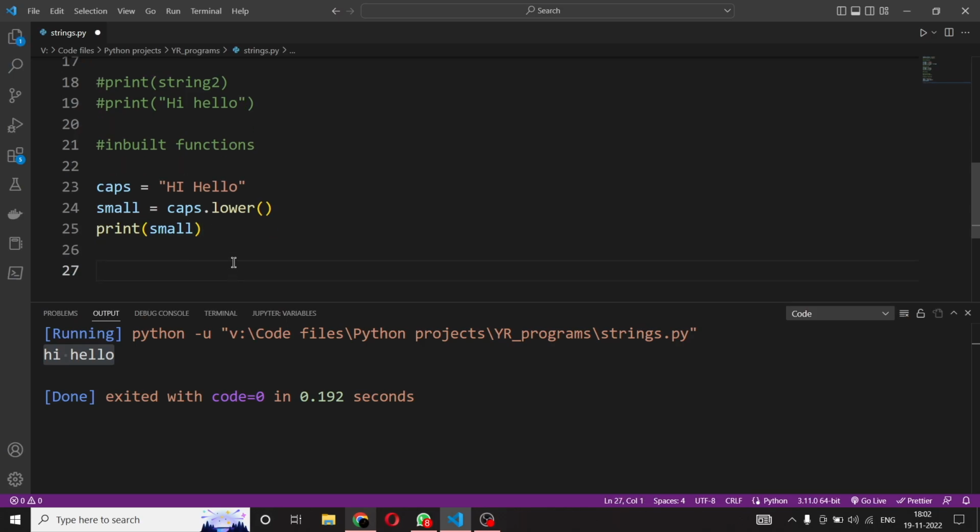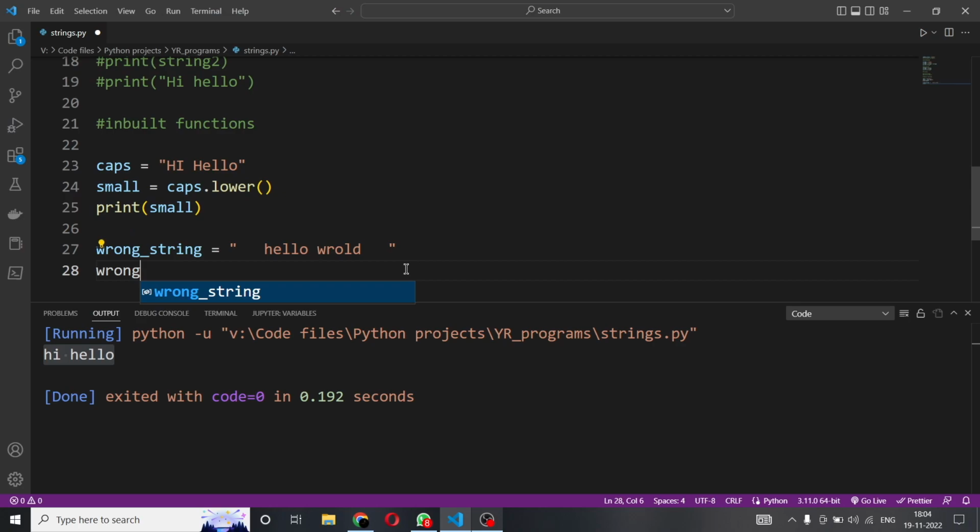So the next function that we'll be looking at is strip, right? So we will assign, let's say, wrong string. I will give some extra spaces here. Hello world, right? So I have a lot of extra space here. So this is where strip comes into play. Now, when I give wrong string dot strip, I should be getting only the text, and all the extra spaces at the starting and the ending should be removed. So when I print this,